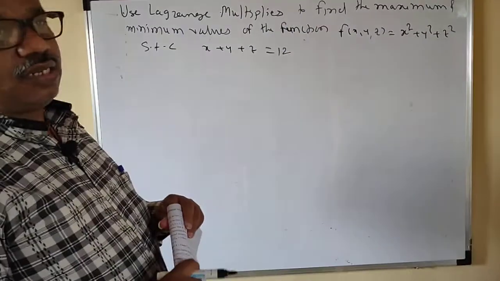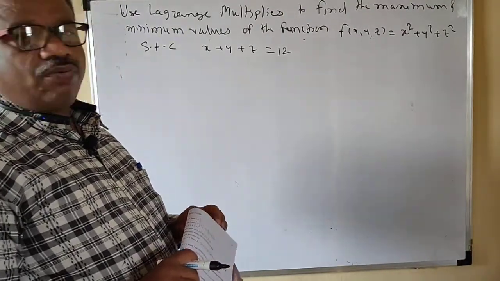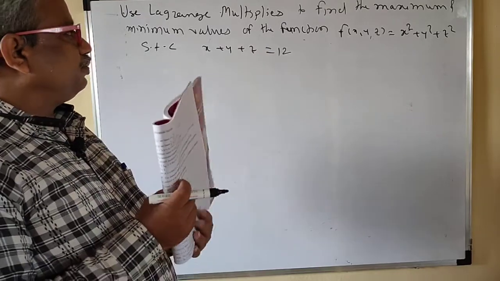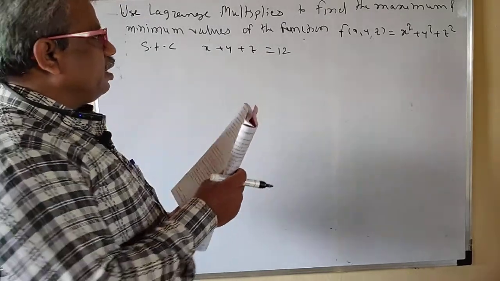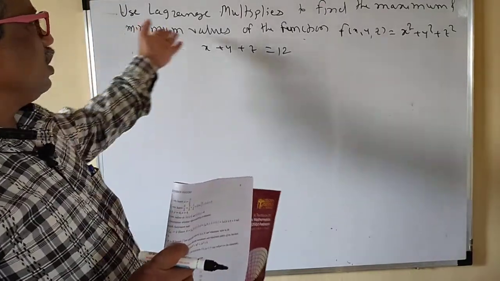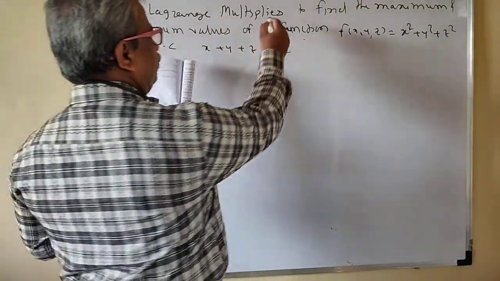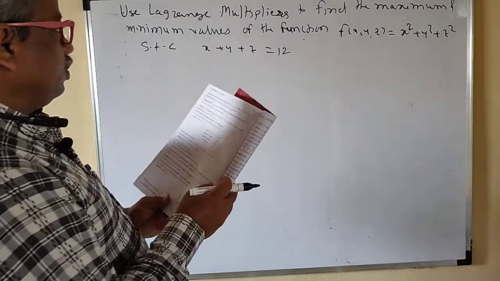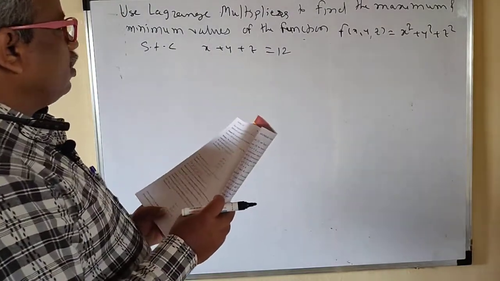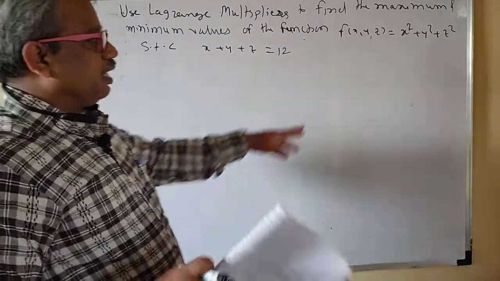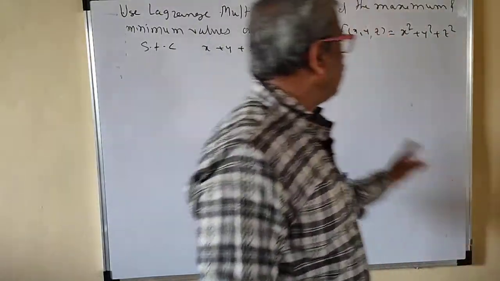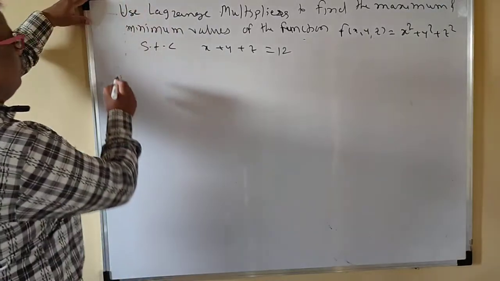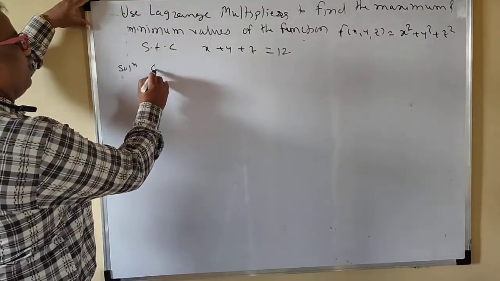In the last video, we have seen some problems on the Lagrange multipliers. Same thing we are doing here. Use the Lagrange multipliers to find the maximum and minimum value of the function f of x y z is equal to x square plus y square plus z square, subject to the constraint x plus y plus z is equal to 12. Okay, so solution, given that